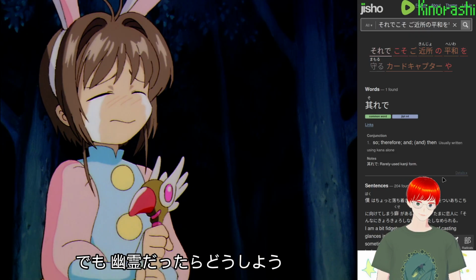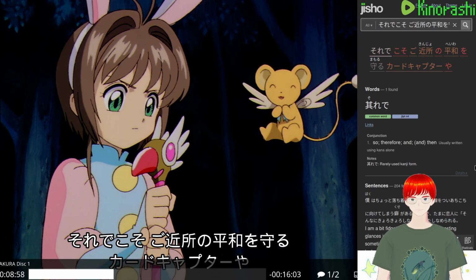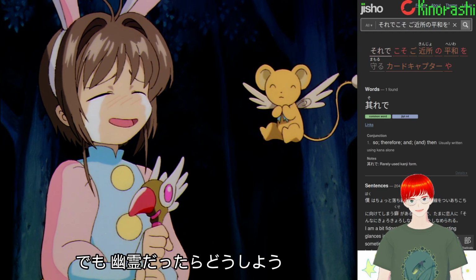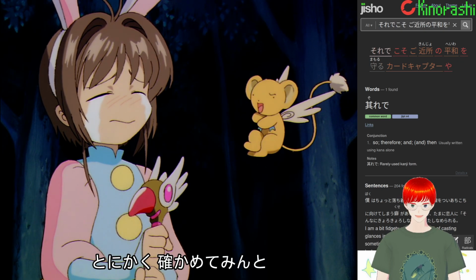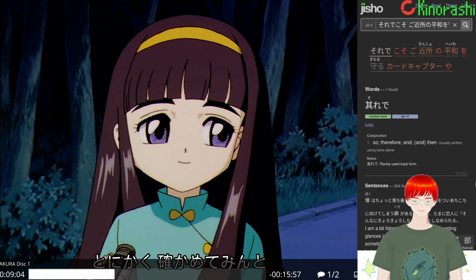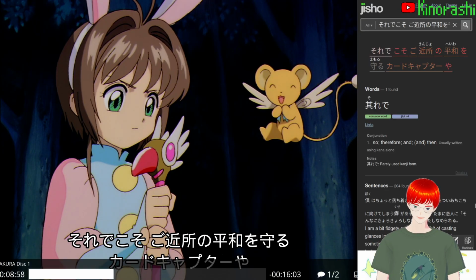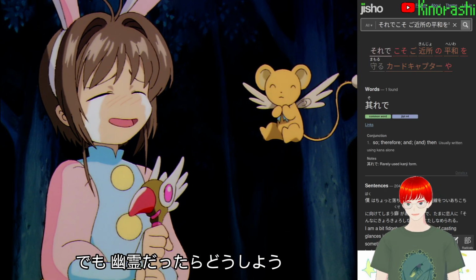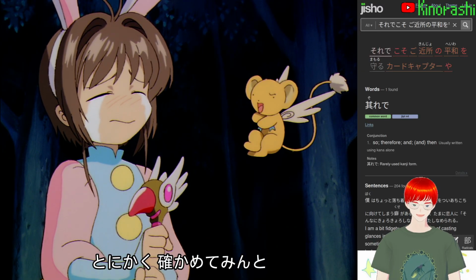でも幽霊だったらどうしよう。 守るカードキャプターや。でも幽霊だったらどうしよう。とにかく確かめてみんと話にな。それでは参りましょうか。あれは守るカードキャプターや。でも幽霊だったらどうしよう。とにかく 確かめてみ。確か